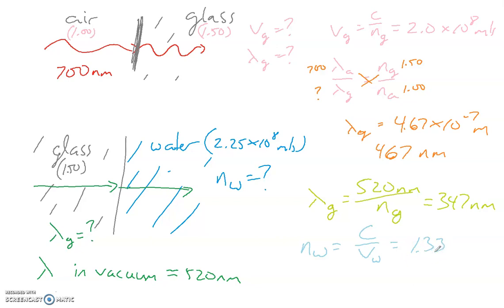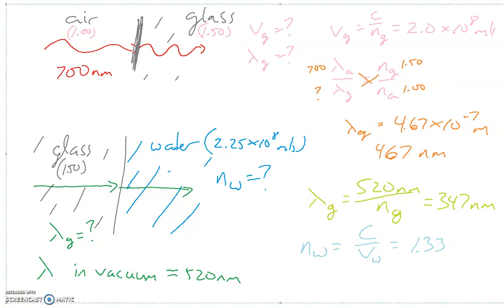Okay, so glass is around 1.5, water is around 1.33, so they're relatively close-ish. Glass is a little bit more. Okay, so there's just some basic practice using some of the index ideas and wavelength ideas. So now let's see if we can apply this to Snell's law